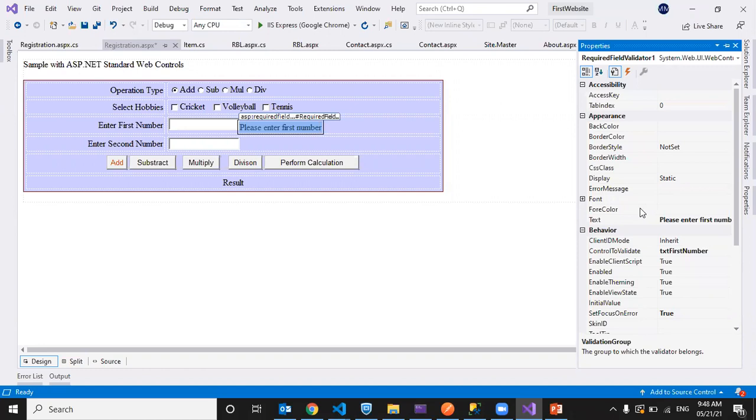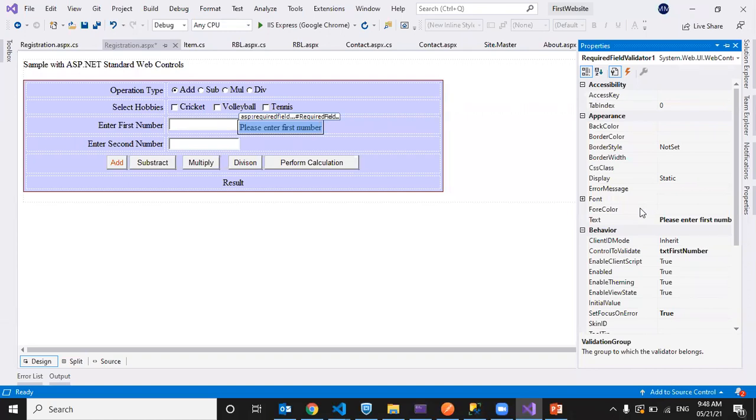If the user entered or selected the data, it will return true. Otherwise, it will return false.